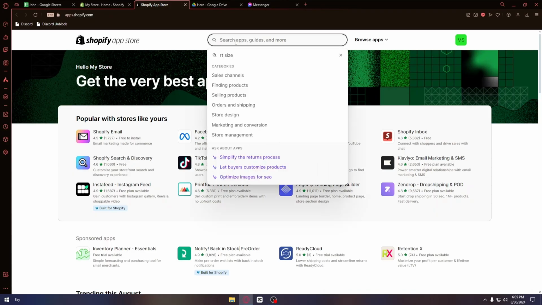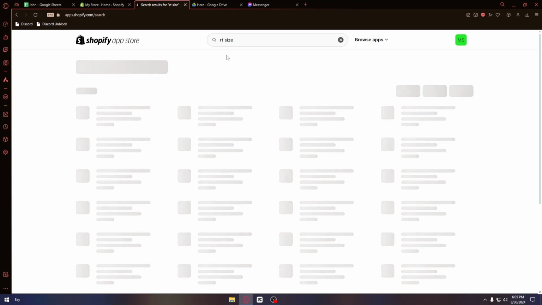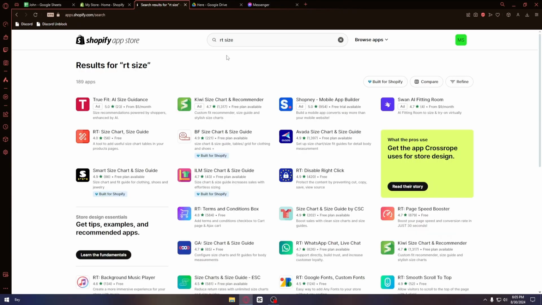and from here you want to go ahead and search for RT size. Now you specifically want to find this application right here, which is the RT size chart and size guide. You can just go ahead and click on this application right here,